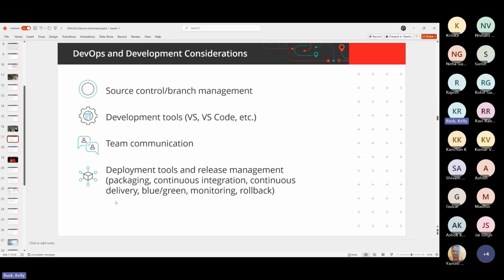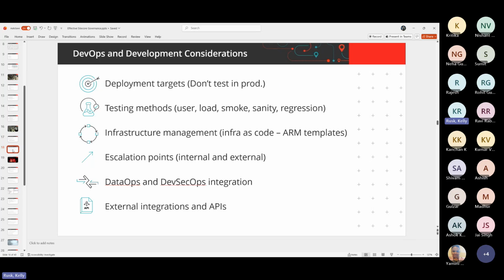And again, you're doing this already. So we just need to shift and talk about, well, if I'm doing it already, let's document that. Let's talk about that more often in a structured manner. So this is the big shift for organizations. When you go from non-structured communications about your governance to structured communication about things like your deployment targets, your testing methods, escalation points, you save yourself so much time and pain.